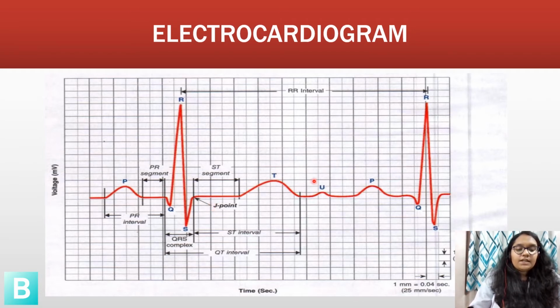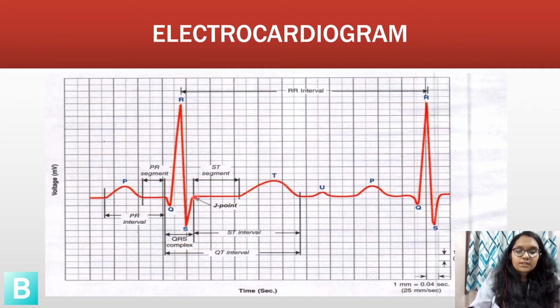The T wave is a rounded positive deflection of duration 0.27 second and it represents ventricular repolarization. The end of T wave coincides with the closure of the semilunar valves. Atrial repolarization is of a very short duration and it merges with the QRS complex, hence not seen. Now following the P wave, there is a brief isoelectric period of 0.04 second called the PR segment. It represents the AV nodal delay.